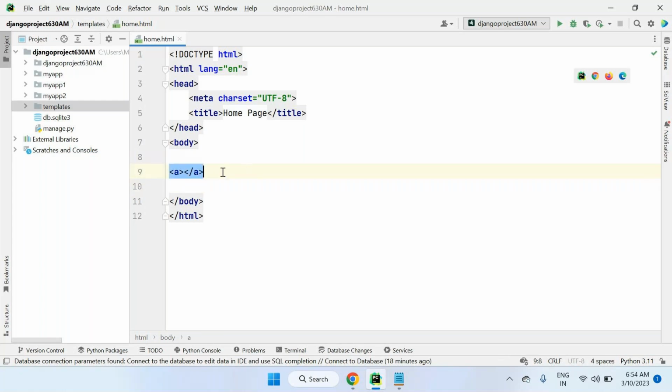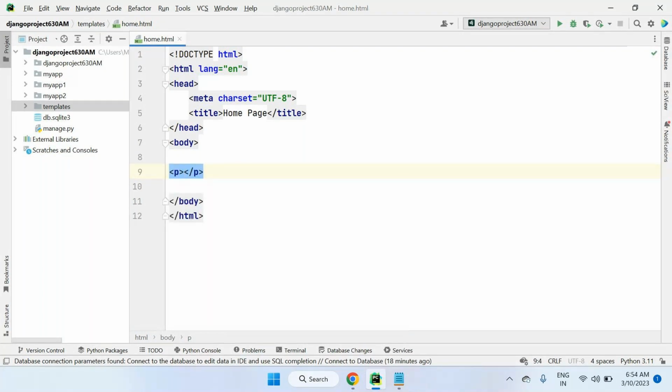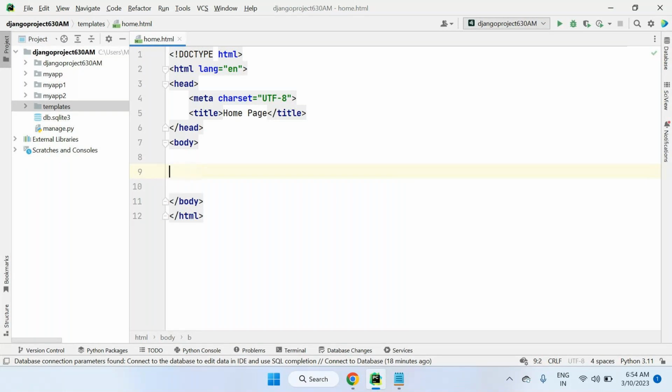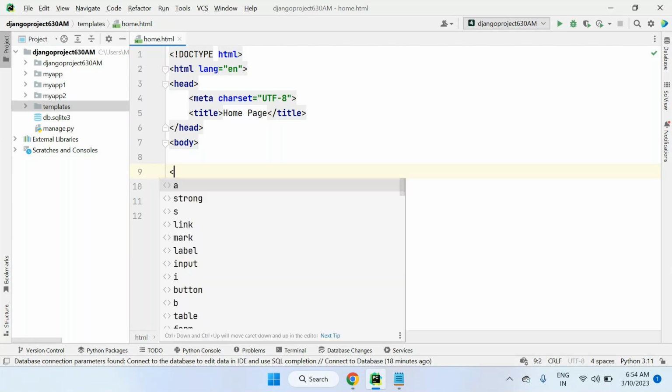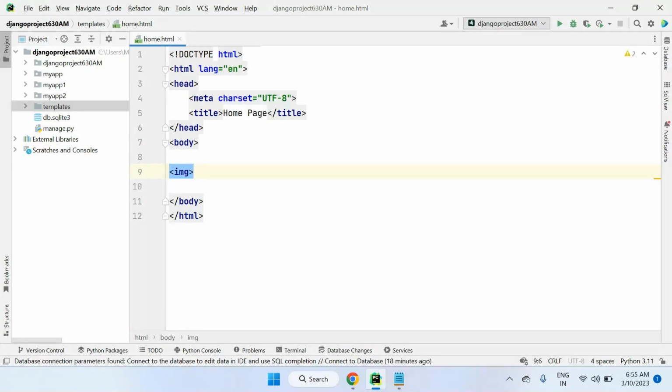Most of the tags have an opening tag and a closing tag. For example, the P tag, opening and closing. Suppose here I'm taking the B tag, for bold purpose, opening and closing. And the I tag is there for italic purpose, opening and closing. Maximum all tags are opening and closing, but some tags are self closing tags. Self closing tags means, here img is there. Even when we close it, it is not going to close, because it's a self closing tag. So we need not close that. Okay, I'll talk about the img tag later, but let me talk about